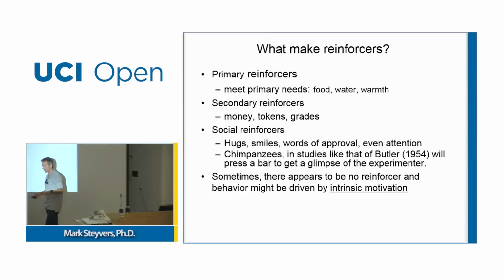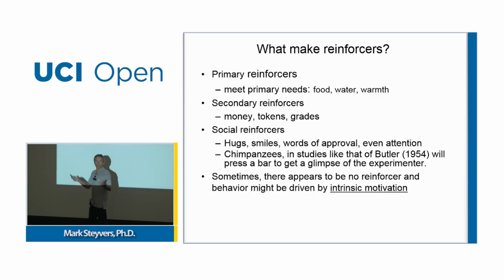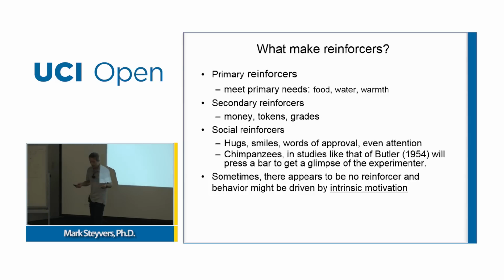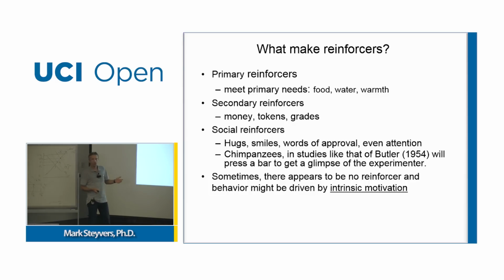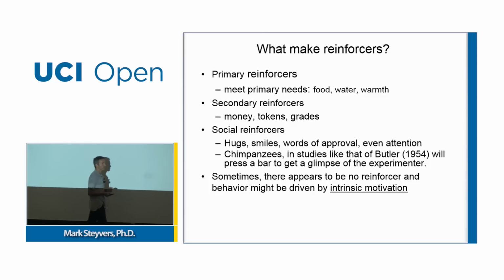Why is it that some people in the 18th, 19th century went to the North Pole on these crazy expeditions to find out what is there? There was certainly no food there. There was no warmth there. All the primary reinforcements worked in the opposite direction. And still people go on these crazy exploration adventures.